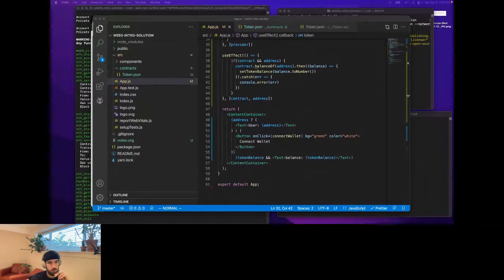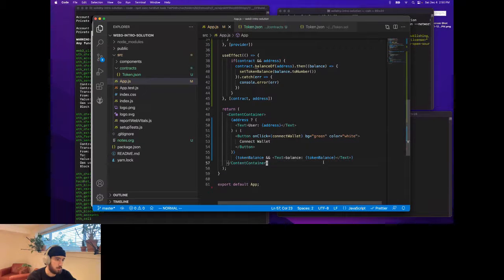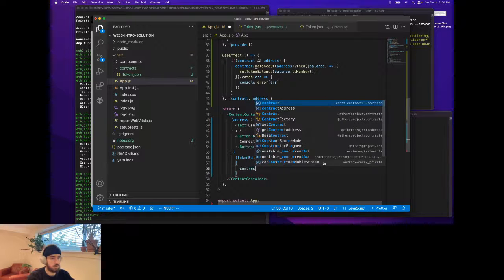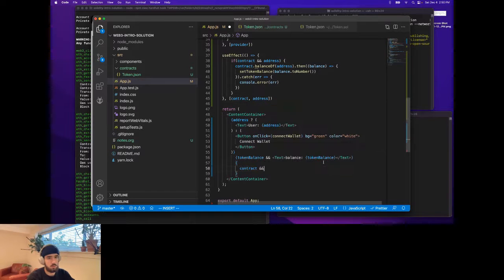And so we'll just go into, I'm not going to go super in depth past this point, but I'm just going to add in one more function. And this will be a write function. So we're going to allow the user to write to the contract and send their tokens. So I'm just going to add in the UI for it first. So we're going to make sure that the contract is connected. And then we'll display